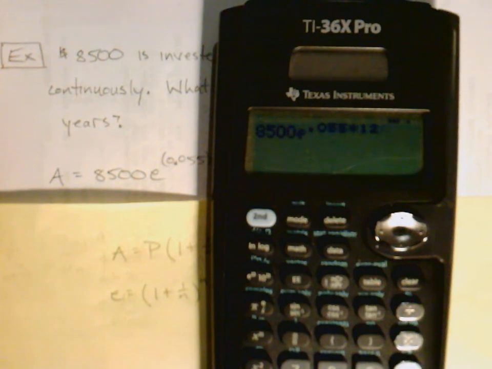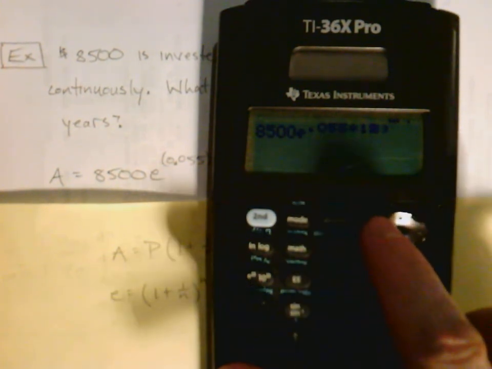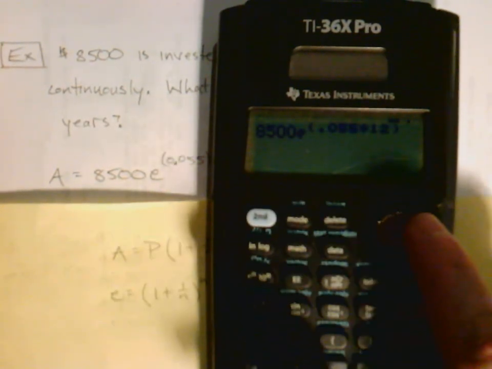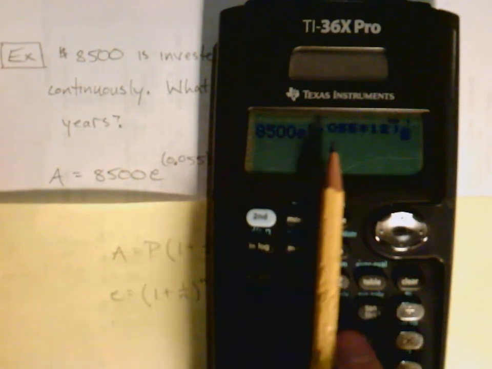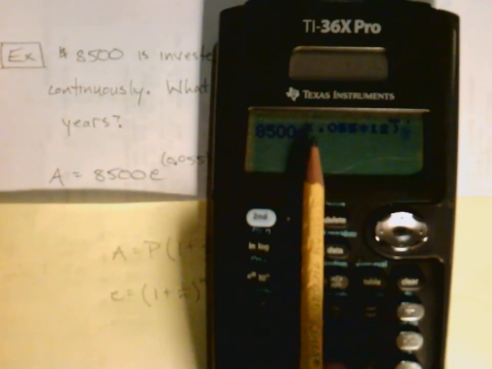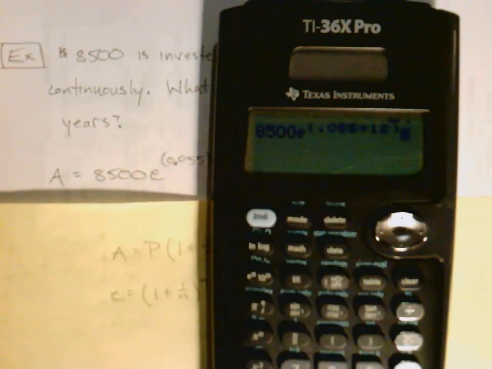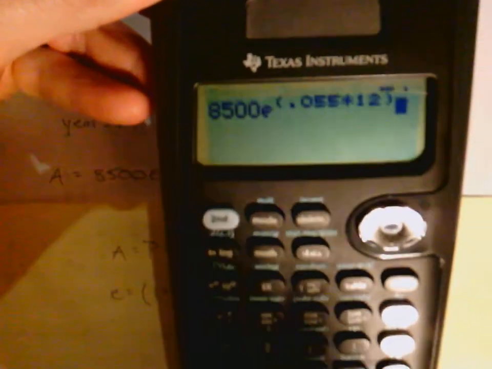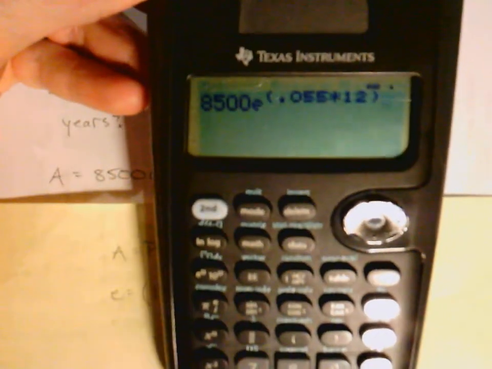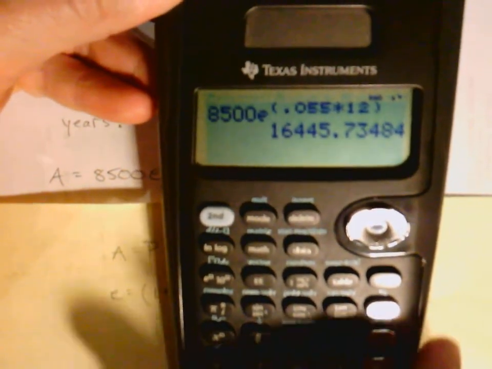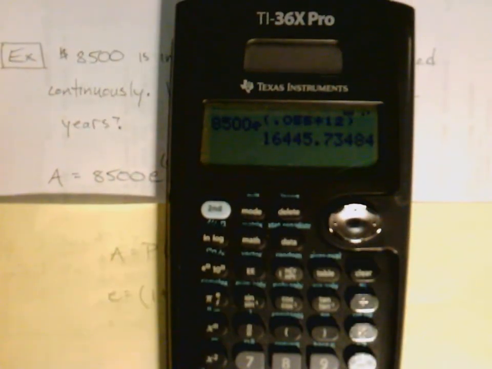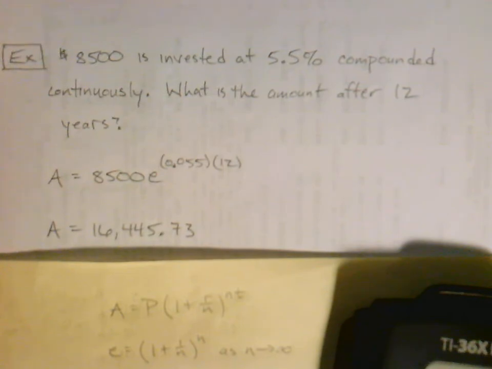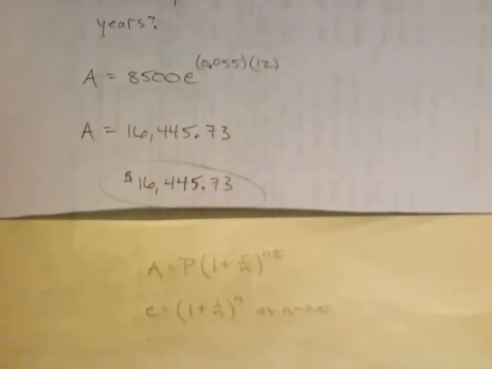Now, if you've got an older calculator, you want to go ahead and put parentheses around that exponent, because it might not read it correctly if it's not writing it up above like that, the way these new calculators do. Oh, that's a little bit clearer. But if you've got one like mine, you don't need the parentheses, but hey, better safe than sorry. So I'm going to go ahead and, hey, there we go. 16,445.73 is our answer if you round to the nearest penny. And so there it is. There's our final answer right there.